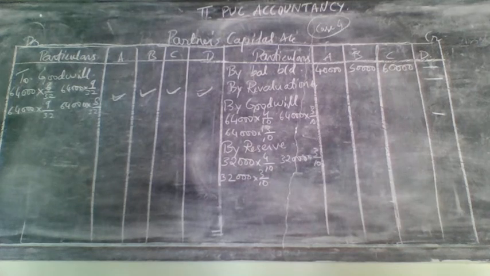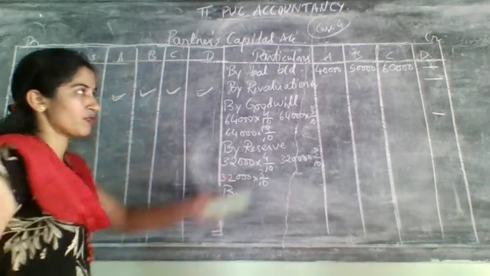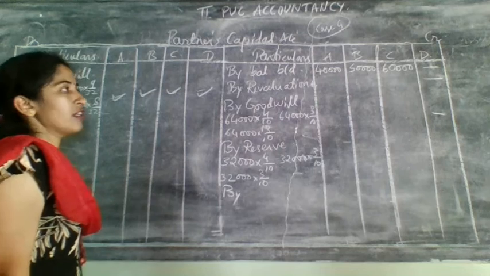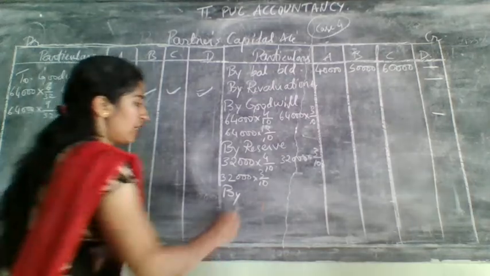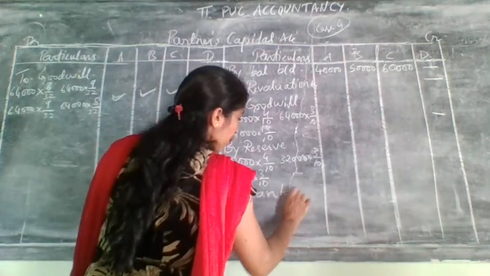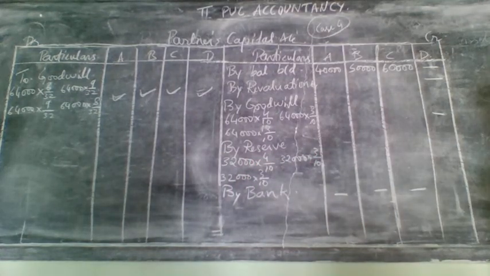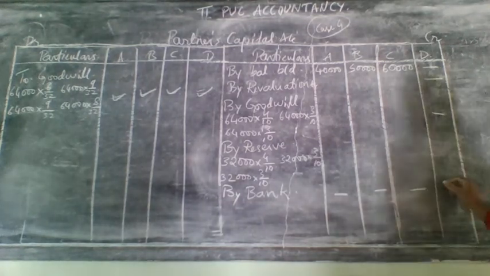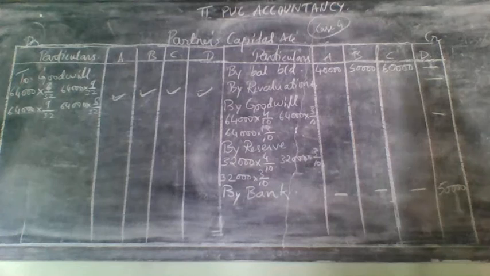So what is the next step? Last one entry was remaining on which side? Credit side. That is related to whom? New partner, because we have not given any entry for new partner. So write that entry. Here they have given cash at bank instead of cash in hand. That's why consider here by bank and write that amount. Not the bank account figure given in the problem, but he should bring 50,000 as capital. You need to write it for the new partner.